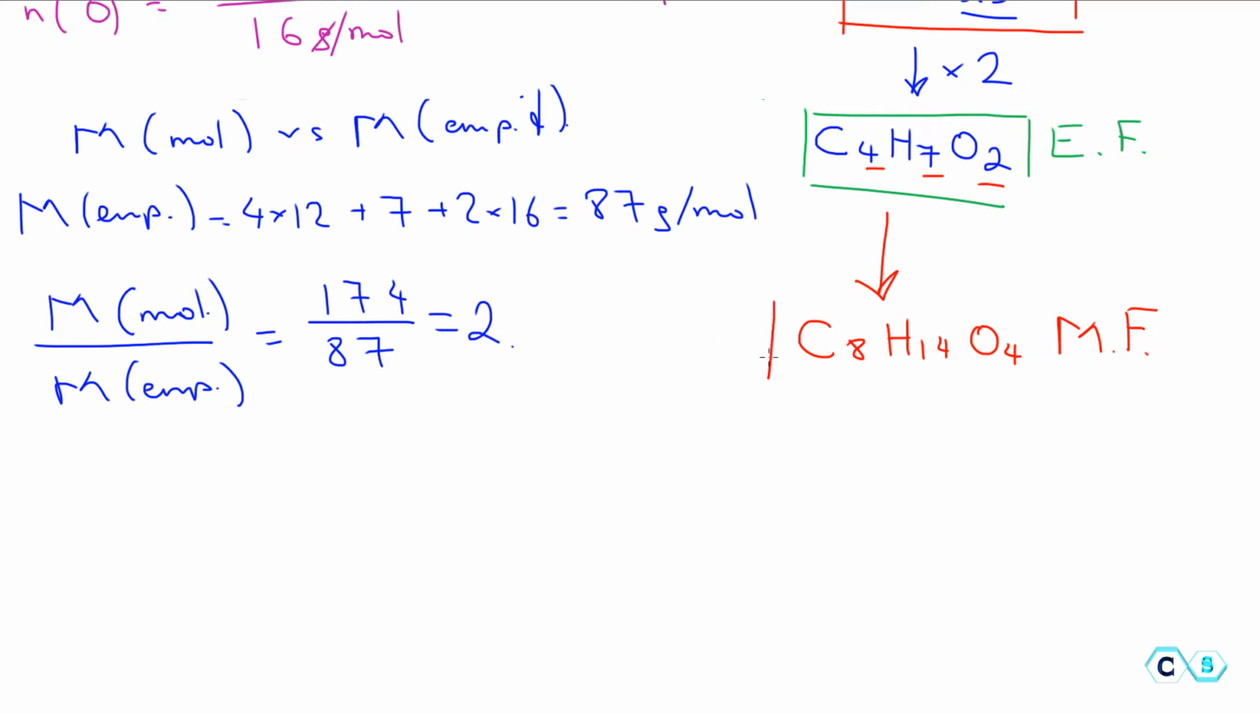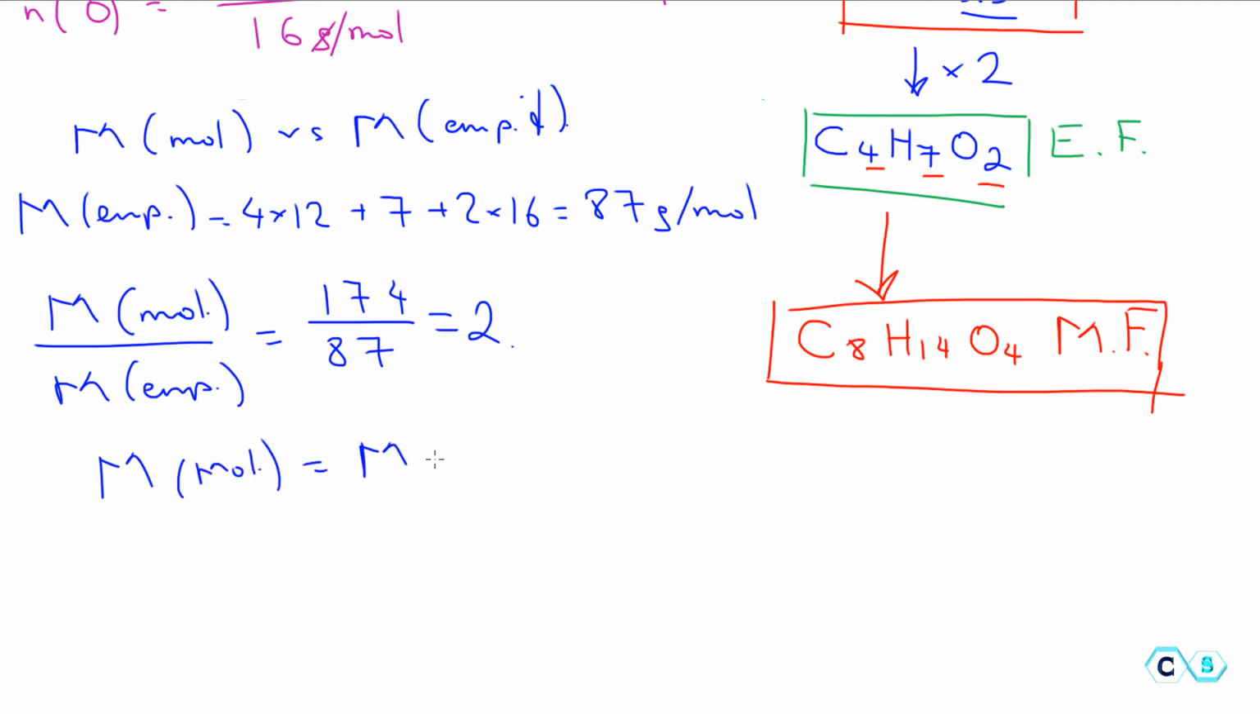So we got the 2 answers for empirical and molecular. It's possible sometimes that they will be the same, that the M of the molecular will be the same as M of the empirical. It is possible. The only thing is that the empirical formula can never be larger than the molecular formula. Alright, so this was